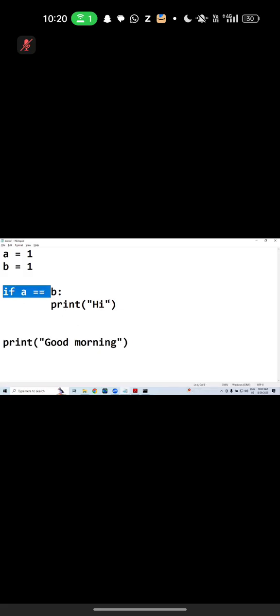Whenever you write an if block, outside of the if block we can write code that always executes, no matter whether the condition is true or not.